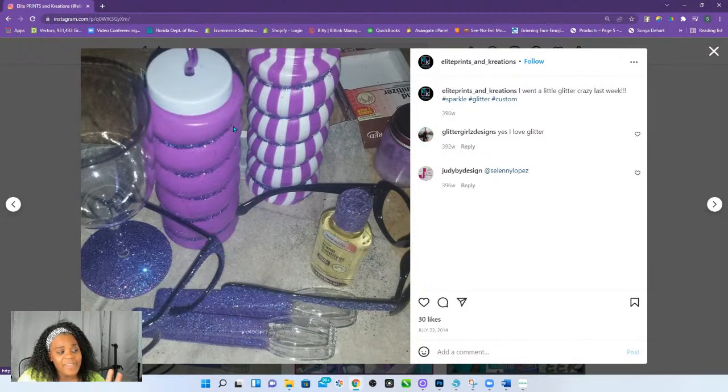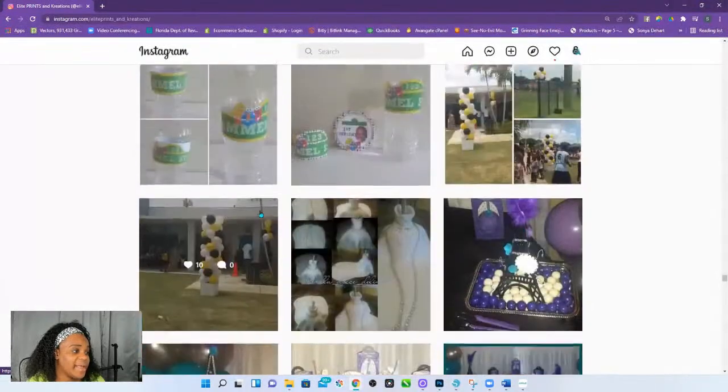That's why half the time I didn't finish all the stuff I had planned for parties, because I was doing some real stupid stuff. I literally glittered the sides of those glasses in the front. I glittered the top of a hand sanitizer bottle. Now I see why. Now that I've evolved from this, I could never figure out why I would never finish all of my projects. It was because I was doing foolish stuff. Dang. Yeah. All 2014, I had lost my mind. I see.